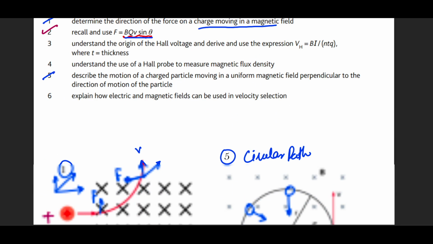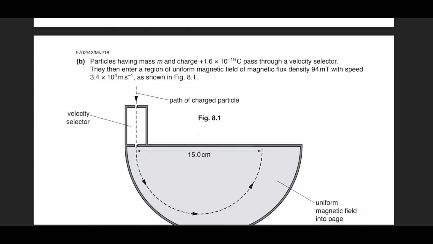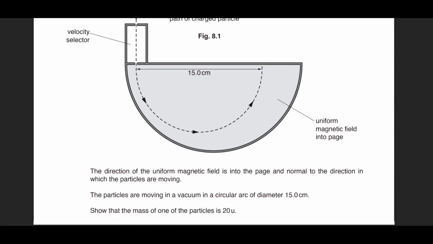Now we're going to move towards Hall voltage and how we actually measure it. Okay, let's try to solve a question using F equals ILB first, before moving on to the Hall voltage and Hall concept. So in this situation, he says that a certain electron with a certain velocity is present in the presence of a magnetic field that is 94 millitesla. The diameter of the motion is given, but the radius will be, of course, some division of this,